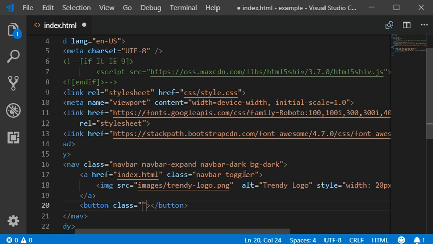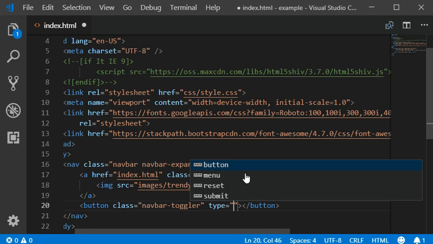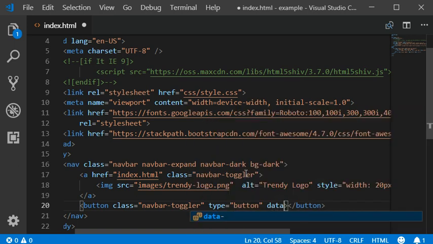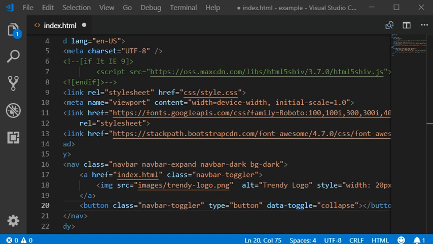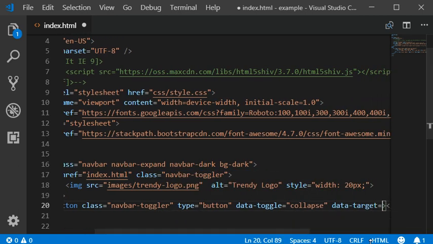Now I'm going to add some classes here with navbar toggler, and then type with the button, and data toggle should have collapse, and the data target should be